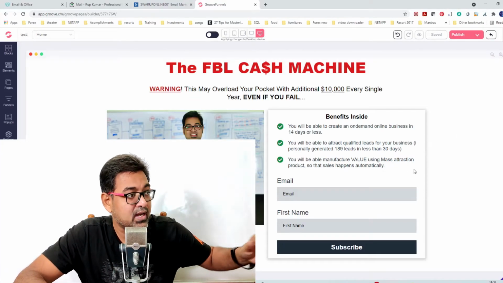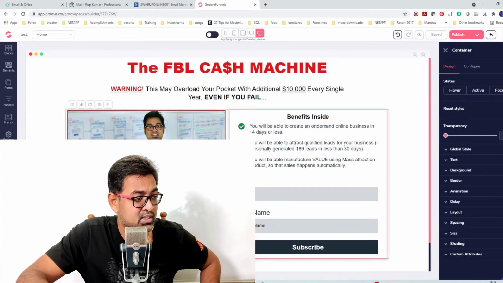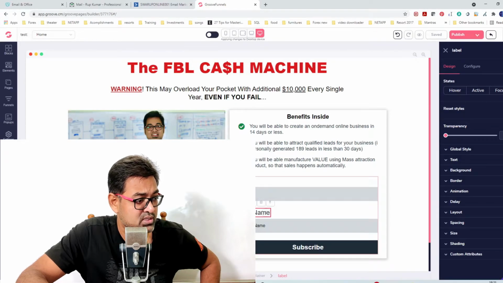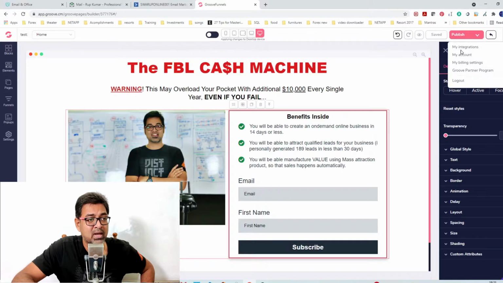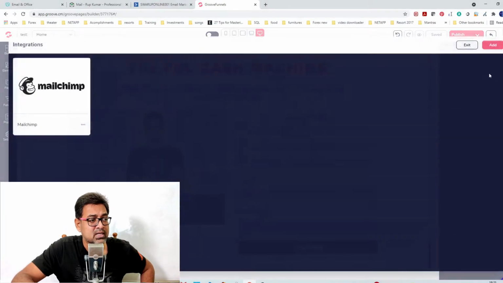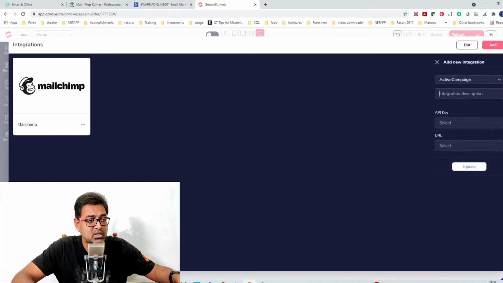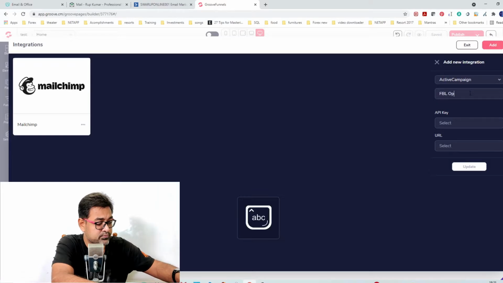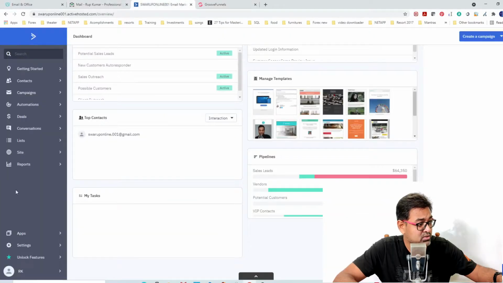Okay, let's move ahead, and I will show you how to, we just brought in the, what is this called? ActiveCampaign container, not container, this is component. Okay, we'll go ahead and start adding, go to my integration now. I think I showed you that time. I'll just quickly show you ActiveCampaign. I'll just give it FPL opt-in. Now we need API key and URL. For that, you just go to your ActiveCampaign account, go to settings,